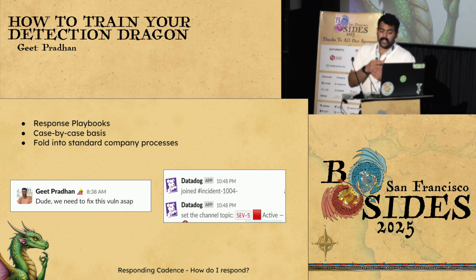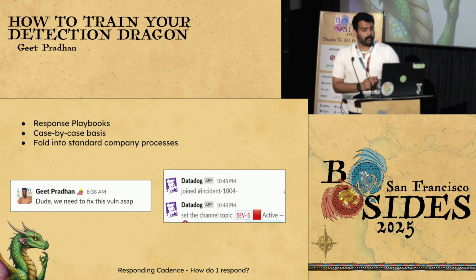What we use is like, hey, if there's something really important happening, which we need all hands on deck, we'll have a Datadog incident. We use Datadog for incidents. Otherwise, it's this man on the left here, which is myself, saying, dude, we need to fix this ASAP, right? That does happen. And I'm not ashamed to say sometimes you do just need to DM someone and fix it. Especially if you're at this stage where you've not properly built out your pipeline, right?